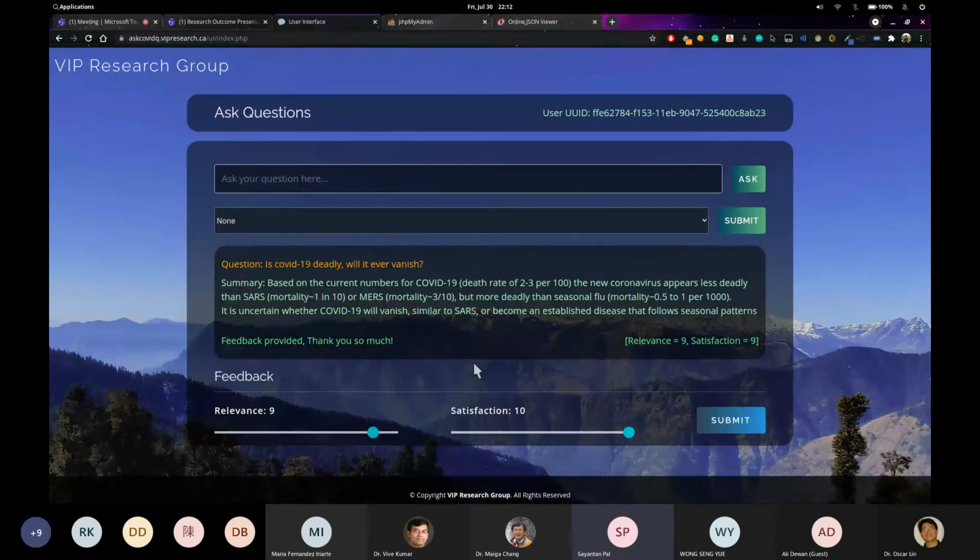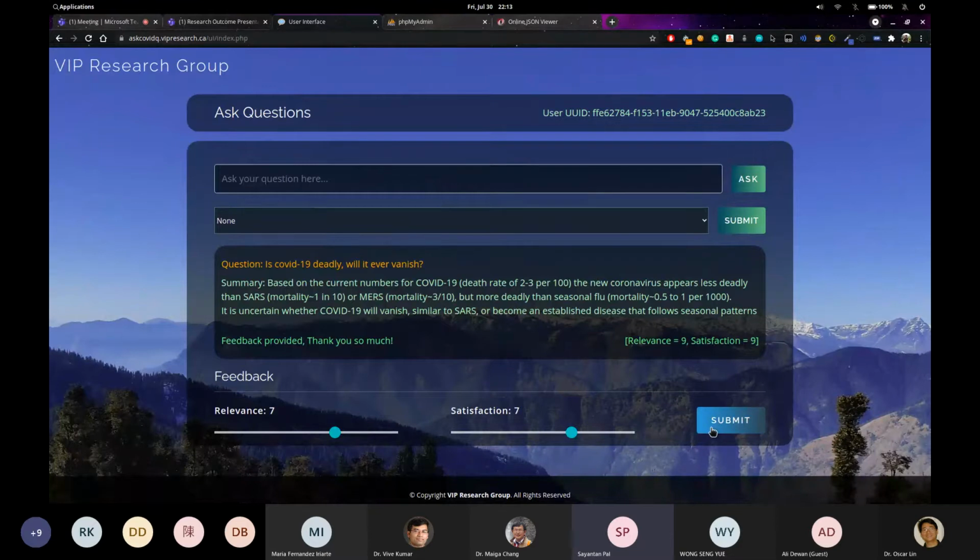So in future, we might show you a different summary the next time you ask a similar kind of question, and from there you can always update the satisfaction and relevance and submit a new score. Maybe you are satisfied and give 10 and 10, and sometimes the summary might not be that relevant. Maybe the next summary you see the next time you ask this question might not be relevant, so you can give a relevance and satisfaction of 7 and 7 and submit that.